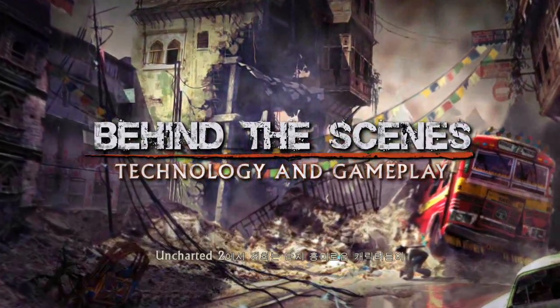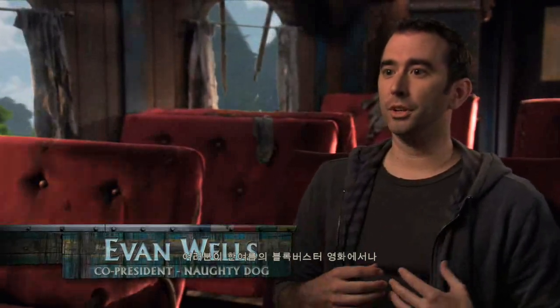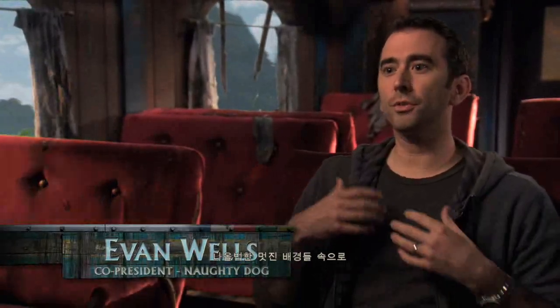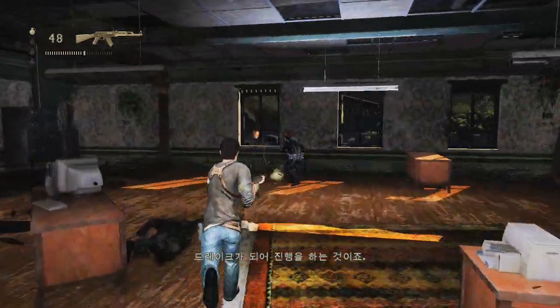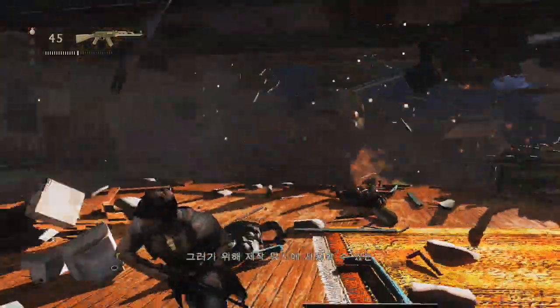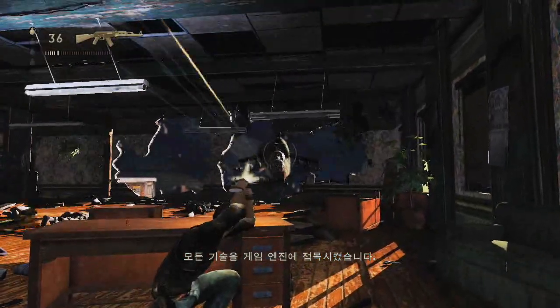With Uncharted 2, we really wanted to not only tell a really compelling story with interesting characters, but we wanted to just put you in these over-the-top cinematic set-piece moments that feel ripped straight out of a summer blockbuster movie. That lets you have control over Drake as you're having to play through those set pieces. So we wanted to just give all the technology we could to the engine to allow us to create these